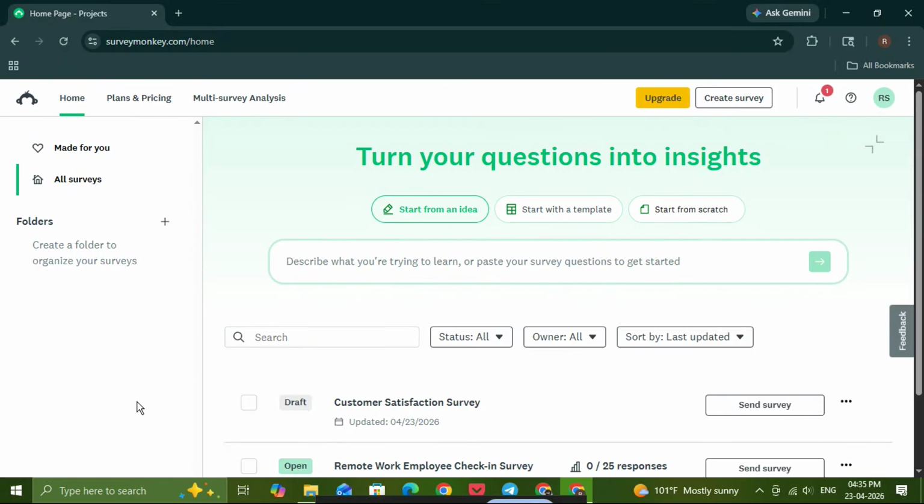This is a quick and useful update whether you're building a customer feedback form, a school survey, or an internal